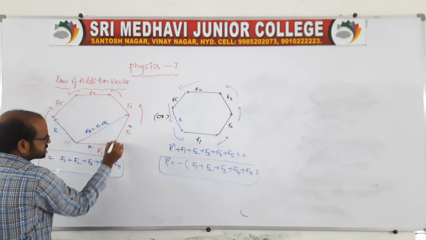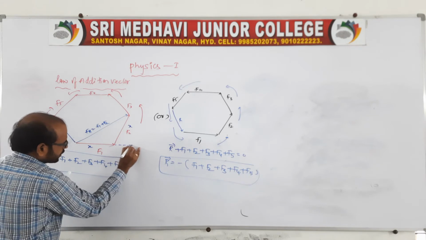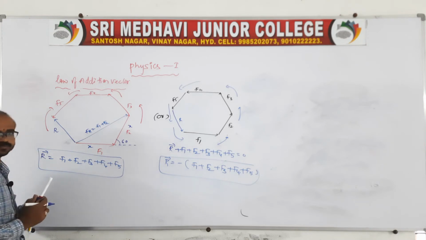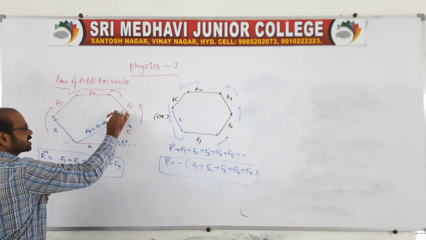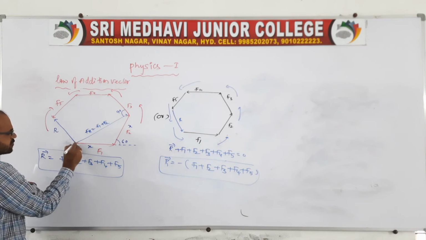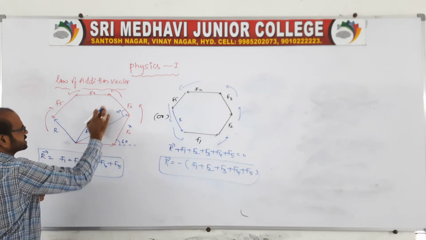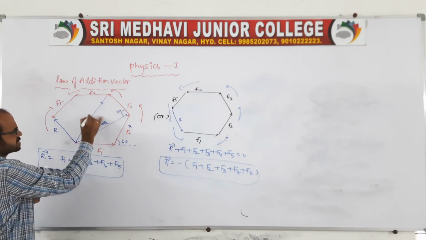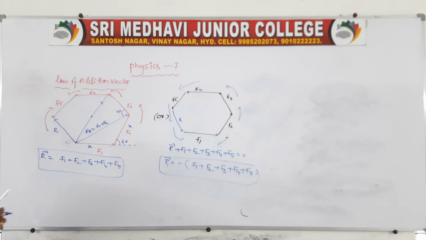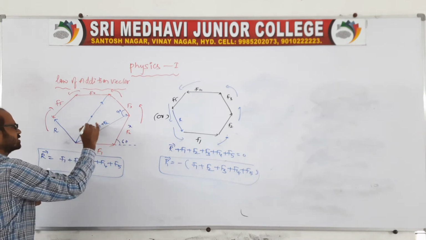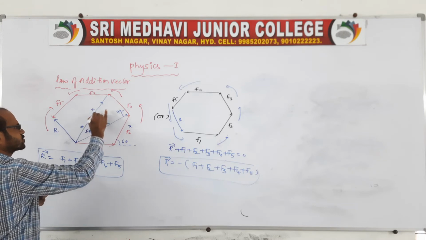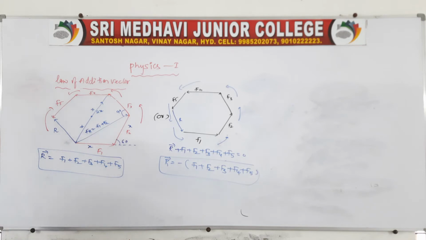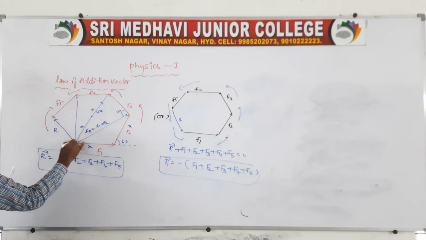And here, if two vectors are joined head to tail, you take one extended line which makes an angle, actually it is 60 degrees, and here this is represented as 90. From this point, this is the resultant. Sir, what will happen to this resultant? Yes, you will get f1 plus f2 plus f3. That resultant we can take as x and x, so this will be represented as x, this as x, so the total from this point to this point is represented as 2x.